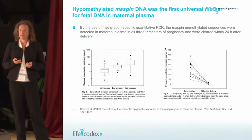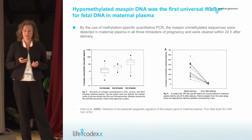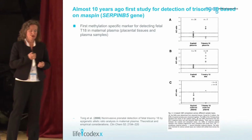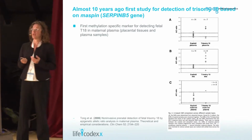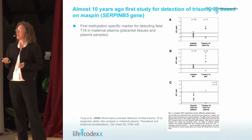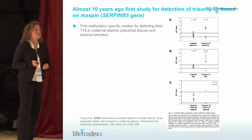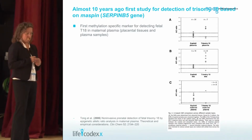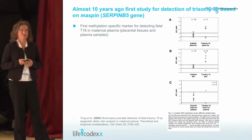And on the right graph you can see that 24 hours after delivery these markers are no longer detected. A year later, the same group reported about their proof of principle, and indeed they were able to detect trisomy 18 in the placenta as well as in the maternal plasma, and therefore this marker might be useful for aneuploidy detection. A year later, this same group of researchers found markers of trisomy 18 both in the placenta and